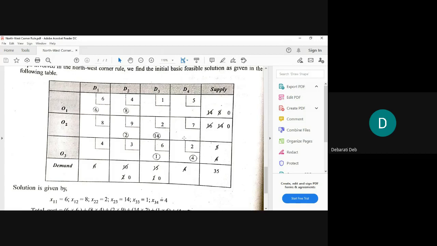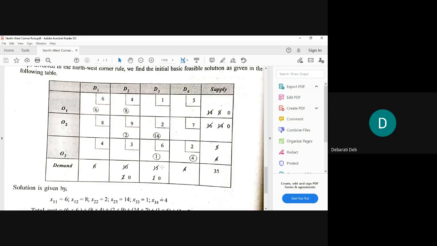So 2 and 14 were the numbers that we had compared. So out of 2 and 14, highest is 14. That means row total was more. If row total is more, that means the supply side is more, we will move right hand side now. After doing the striking off part, we are now moving on to the right hand side. That means we are now in the box O2D3. Okay, O2D3.